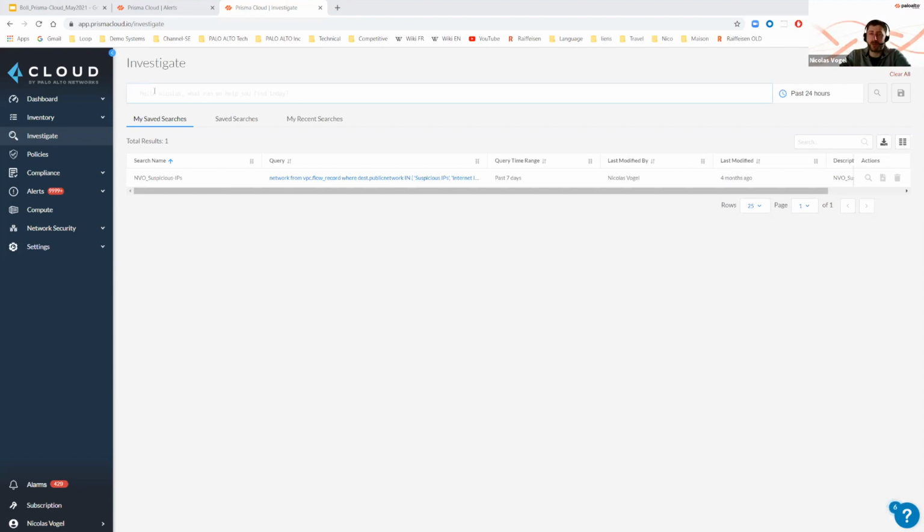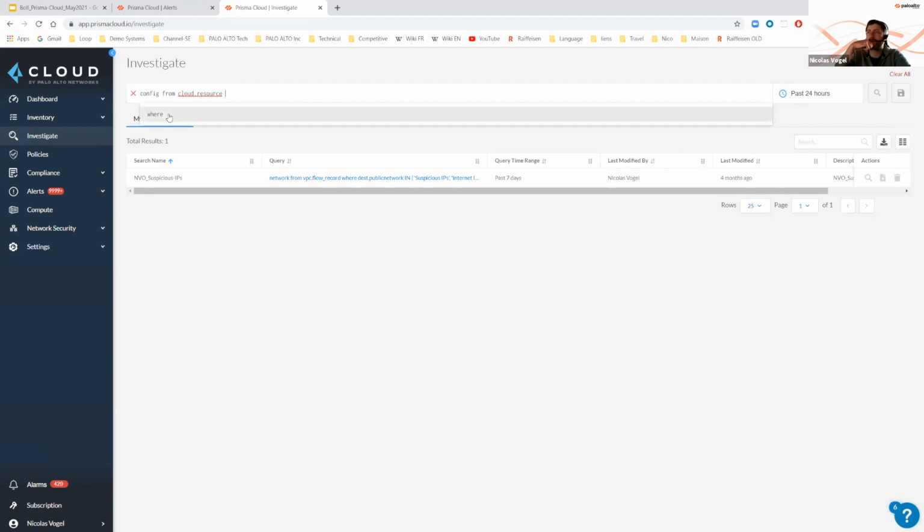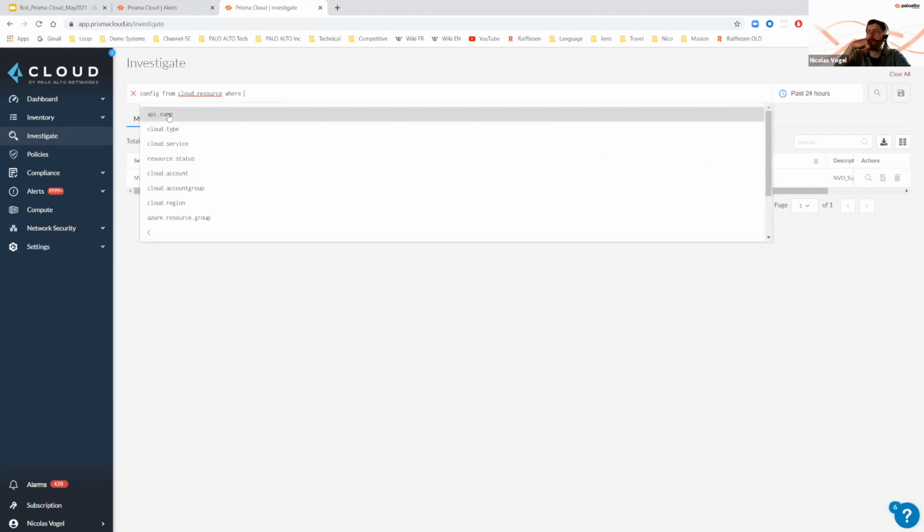Okay, and I am not going to use the keyboard, I'm just going to use the mouse. If you click here in the query field, you can see you can start. Okay, I want to filter about config logs, event logs, or network data. I will go for config. Okay, cloud resource, that is coming automatically. Okay, I don't need to type anything with my keyboard. I'm clicking on where, API name